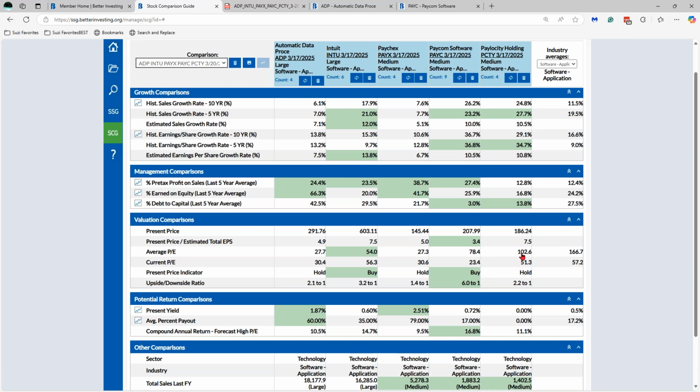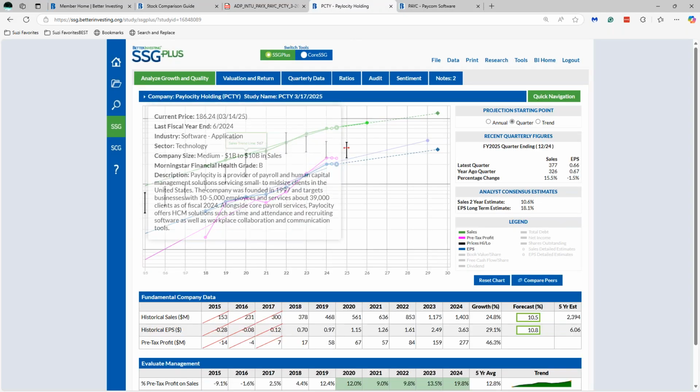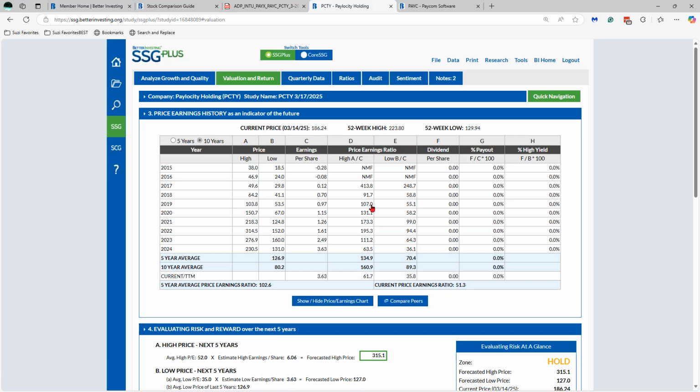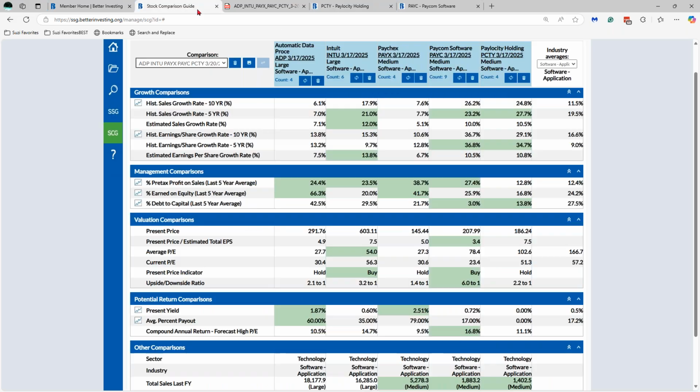Same thing for Paylocity. And here's where, if we wanted to look into it, let's look at Paylocity and the SSG. Look at these PEs, but then they've come down dramatically over the last year. So I decided I wanted to stay away from that company. I guess, anyway, we won't get into that debate. You can use it how you want. I get to use it how I want to, right? Right. Anyway, another question